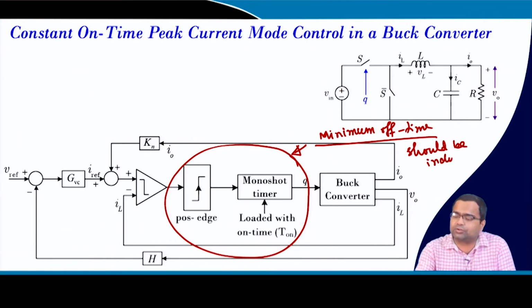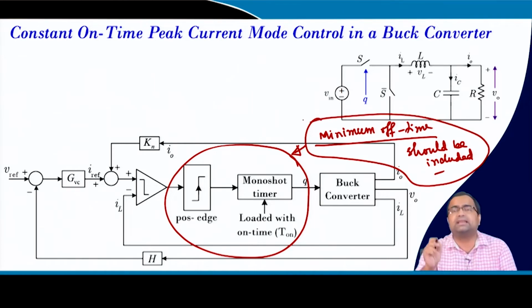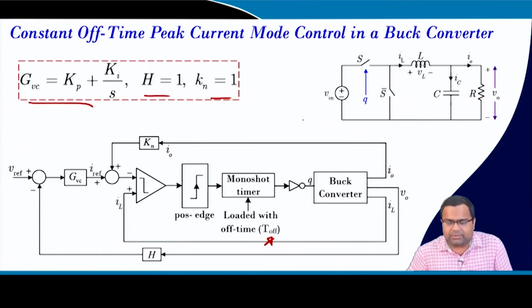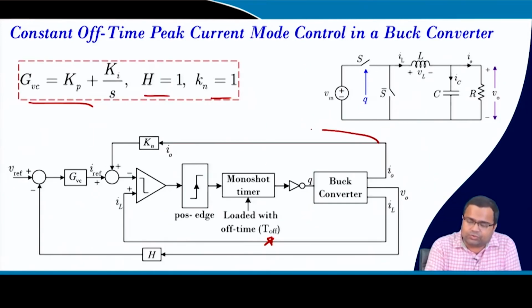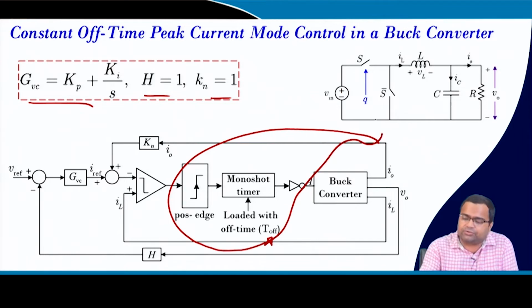Here, just to show the logic I have shown, but this should be included, and that we have discussed in detail in, I think, week 2, otherwise it will collapse. And we have also discussed in, I think, week 4 implementation that we should include that minimum on time for constant off time control and minimum off time for constant on time control, otherwise it will collapse during the transient. So, similarly, if we take this one, we should incorporate here,